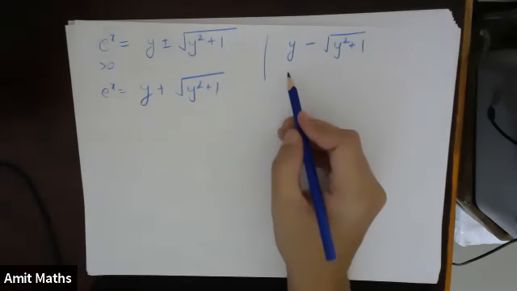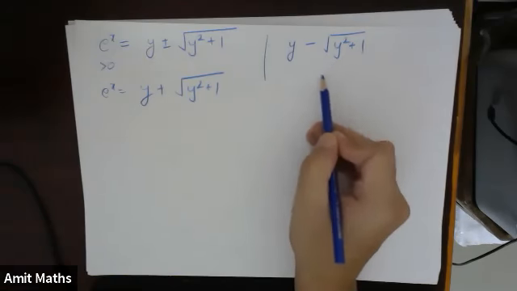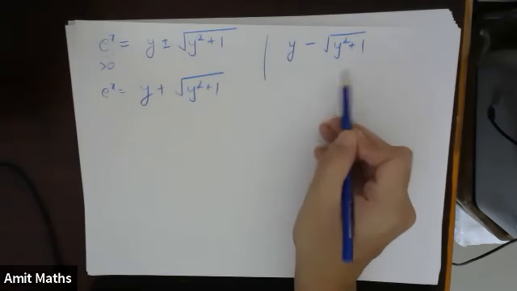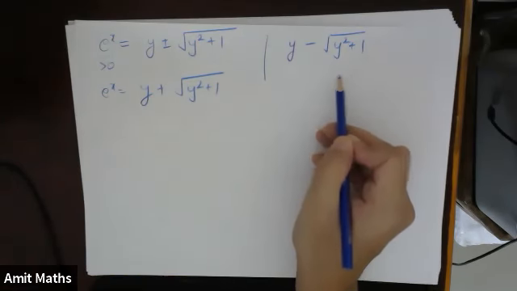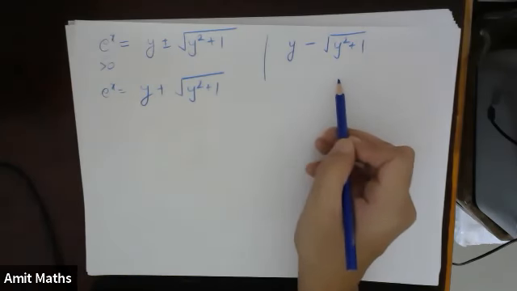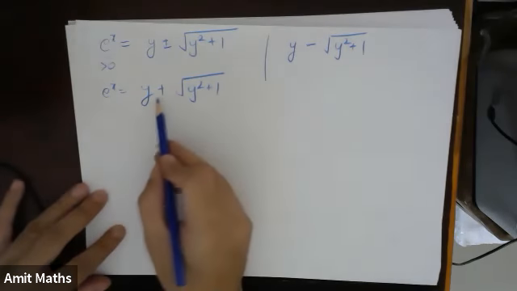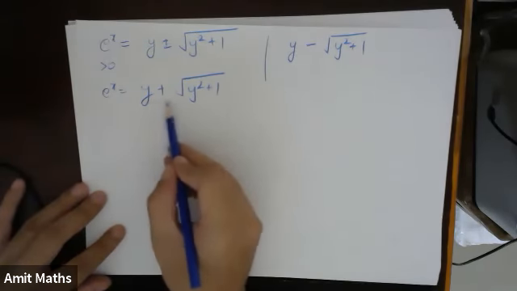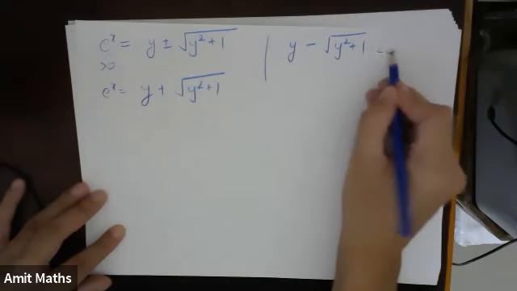Okay. Let's take y to be negative. Let y be minus 1. Minus 1 minus under root of minus 1 square plus 1. So minus 1 square will become 1, and minus 1 will give you 2. Under root of 2 is 1 point something. So again it will become negative. Understood? So that means if we take y positive or negative, we will always get this thing as less than 0.